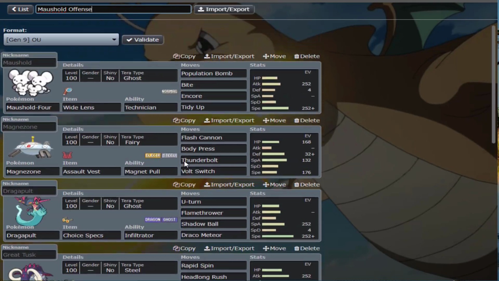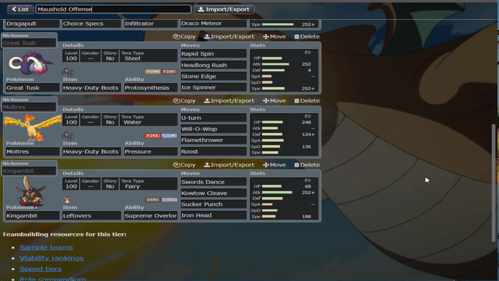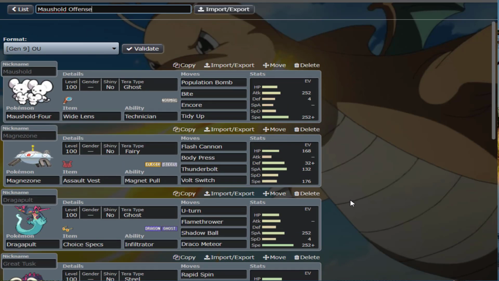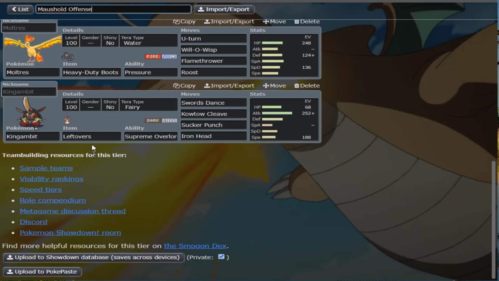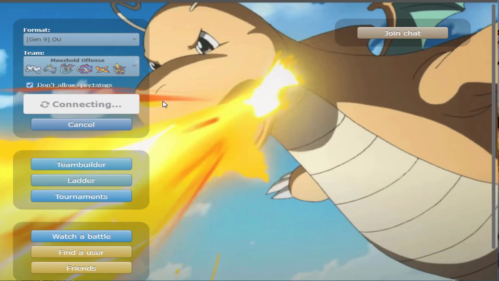Water resists aren't the best, but since it's more of a get-at-them type of style of team, I might be able to get away with it. Might not be able to. And if I'm not able to, then that's where we say we'll figure it out as we go. We're gonna use my Academy Teams